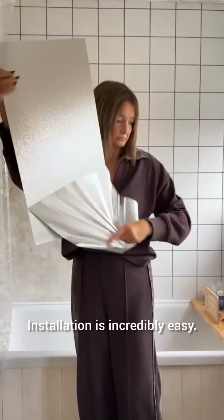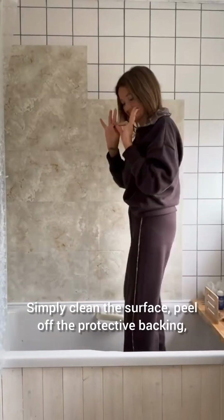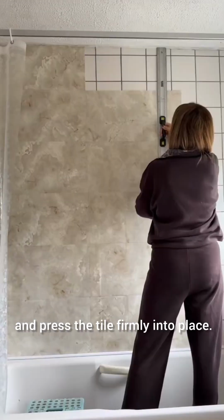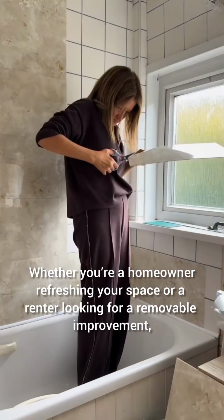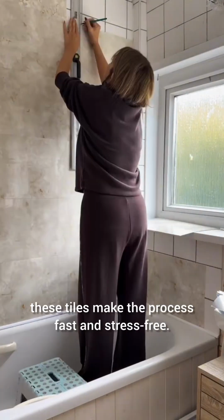Installation is incredibly easy. No grout, no glue, no professional tools. Simply clean the surface, peel off the protective backing, and press the tile firmly into place. It's a true DIY-friendly upgrade that anyone can handle. Whether you're a homeowner refreshing your space, or a renter looking for a removable improvement, these tiles make the process